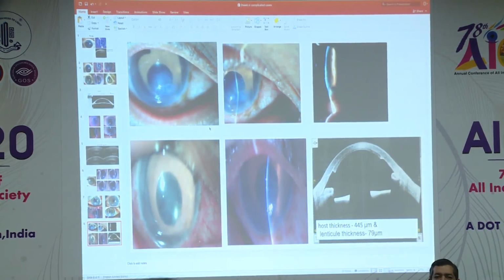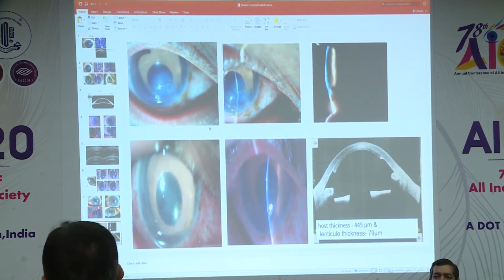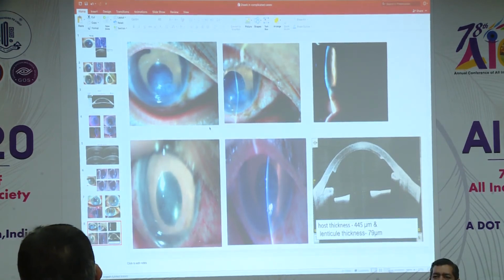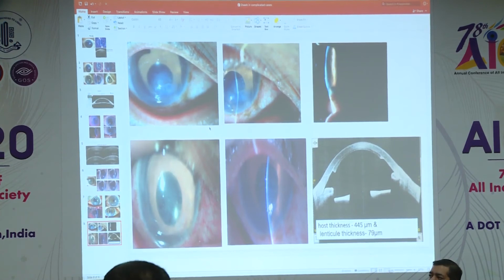Did you find the entry wound of that particular foreign body, the glass particle? Yes, we then looked at it. In the cornea, there was an oblique scar at the 4 o'clock area, and I could somehow avoid it. I could actually strip the Descemet's of that. He was an auto rickshaw driver, and he just came to us saying he had some injury, and that's all. I mean, no suturing, nothing.